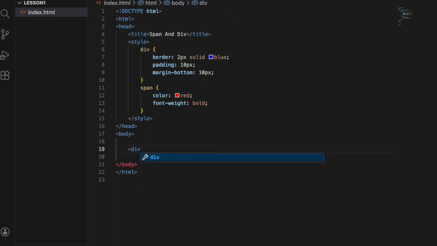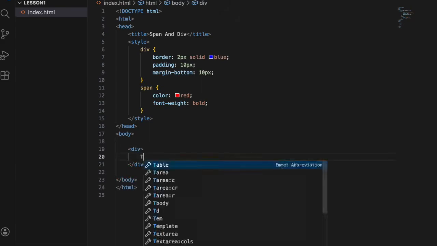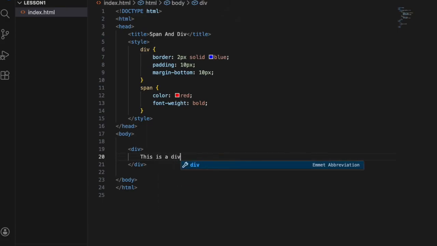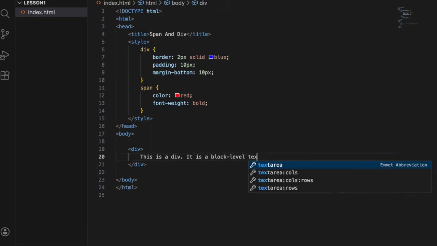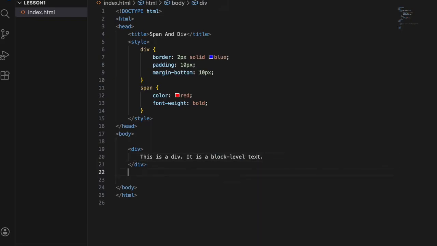The first div element on the page contains the text, "This is a div. It is a block level text." Being a div, it is a block level element, which means it starts on a new line and stretches to fill the width of its container. The text inside behaves as normal paragraph text, but the div itself acts as a container that can hold other elements or styling. The second div element contains the text,